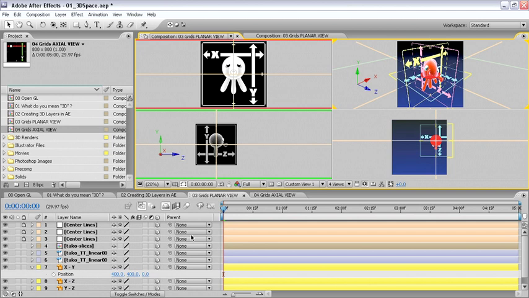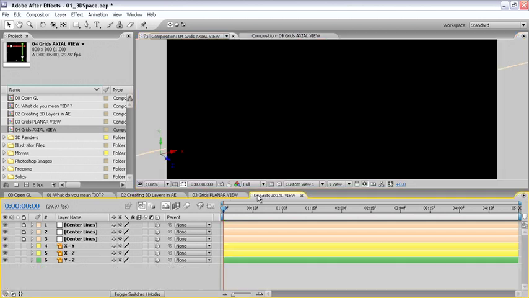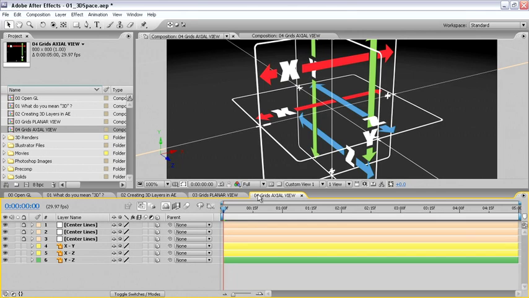Next, let's move over to Composition 4, which shows our grids in a slightly different way. In this composition, we have our XY, XZ, and YZ layers still on those same planes, but instead of separating each plane by color, the illustrations on each layer are colored with the colors of their respective axes. So we'll see the red is our x-axis, the y is our green axis, and the z is our blue